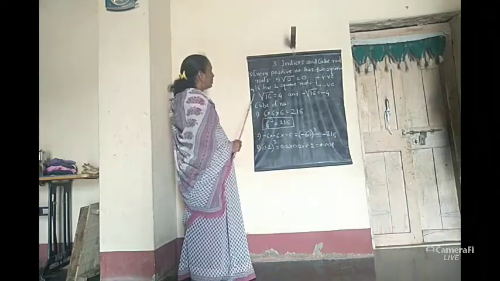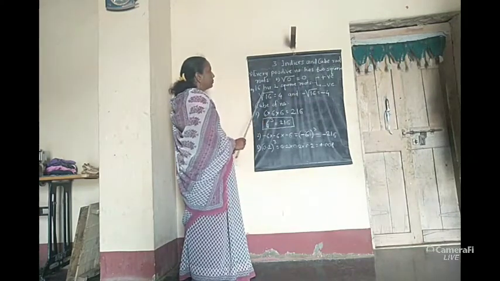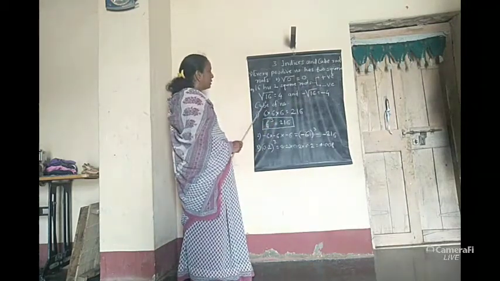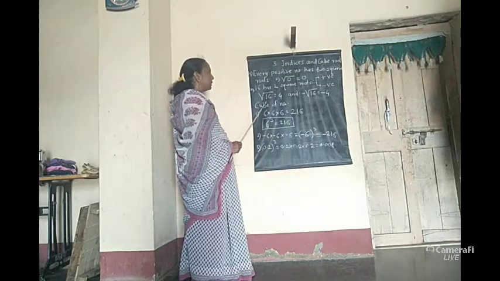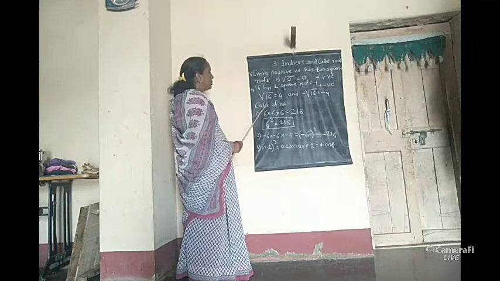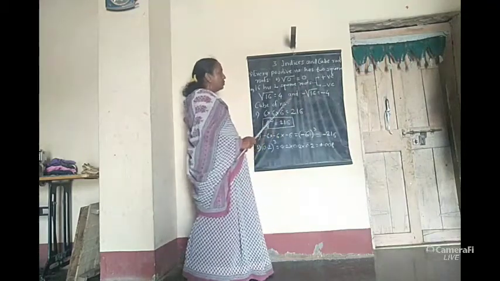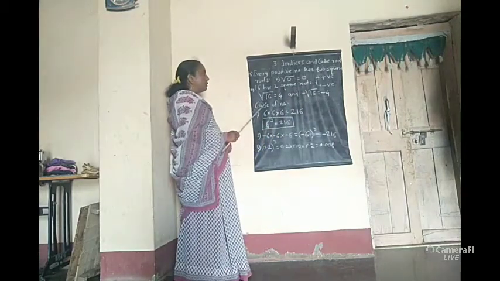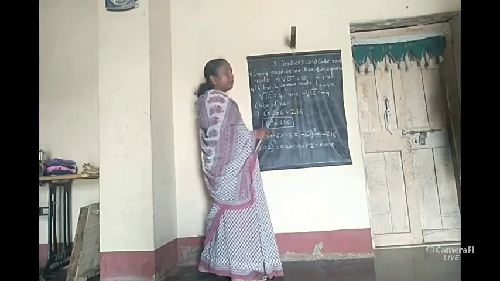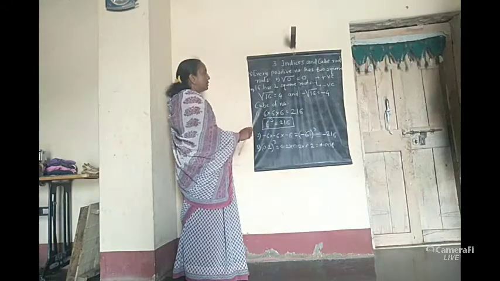Now see, for example, the first rule: every positive number has two square roots. 16 is a positive square number and it has two square roots, one positive and the other negative. We can show it like this: under root 16, in the radical sign there is 16, the positive square number, and the positive square root of it is 4 and the negative square root of it is minus 4. For the positive square root we can show the number in the radical sign. For the negative square root we can show a negative sign before the radical sign. In this way, every positive number has two square roots.